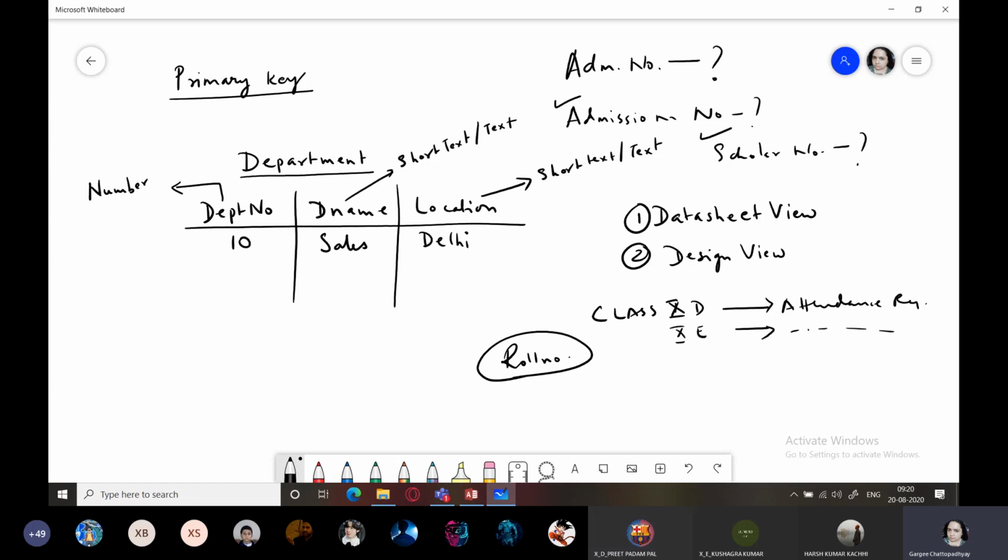In your class also, you can have two or more students who have the same name, and not only the name, they may even have the same surname. Is there anybody in class 10th D and 10th E? Are there any two students who have the exact same name, first name as well as last name are the same? Is there anyone like that? Usually I have seen a trend.